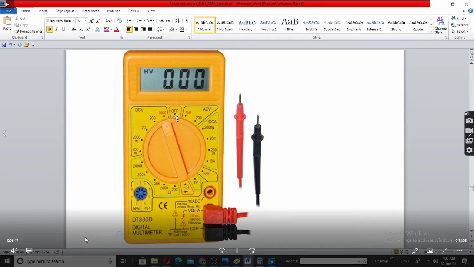While doing all these measurements, except for 10 amperes, which is special, you can see here three terminals, 1, 2, 3. During most of the measurements, these two wires, which are called connecting leads or multimeter leads, should be connected so that black is in the common and the red lead is in the second terminal.